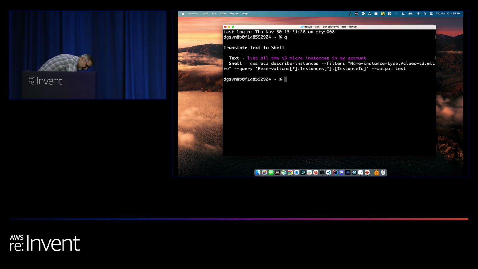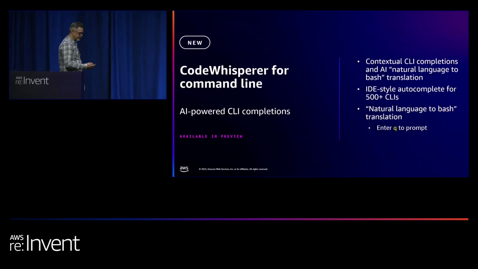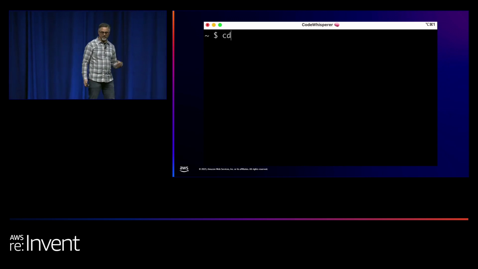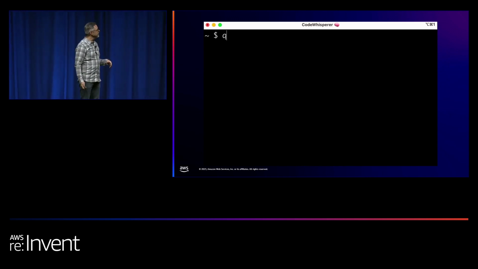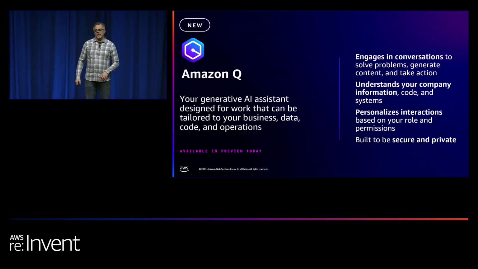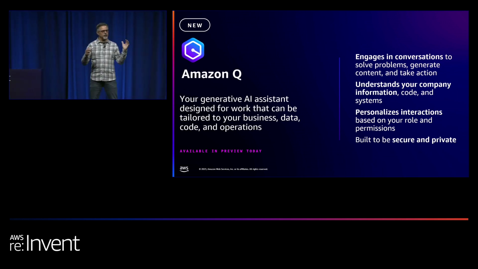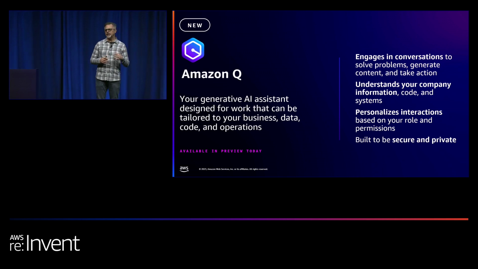Let me come back to the summary. I just showed you in real life what I was going to show you in slides. So I'm going to bypass these slides because you saw all of this happening in real life, which is my favorite way to do it. So what I did is I gave you a brief glimpse at how we integrate Q now into